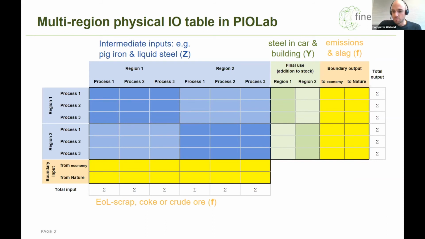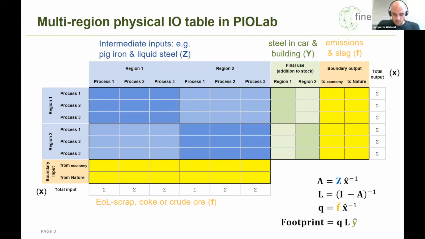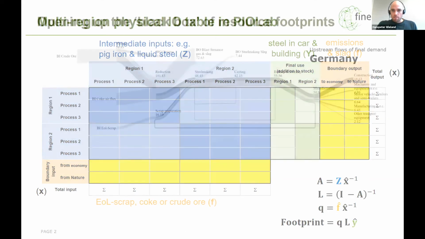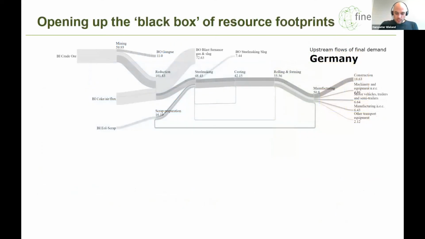This is a mass balanced model. So this basically means that our column sums and our row sums, the total inputs and total outputs, must match. So with such a physical table, we are able to model the supply chains on a very detailed regional and process level. And I want to make this point by showing you these